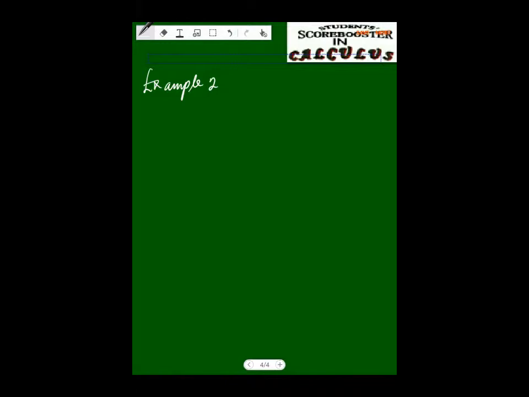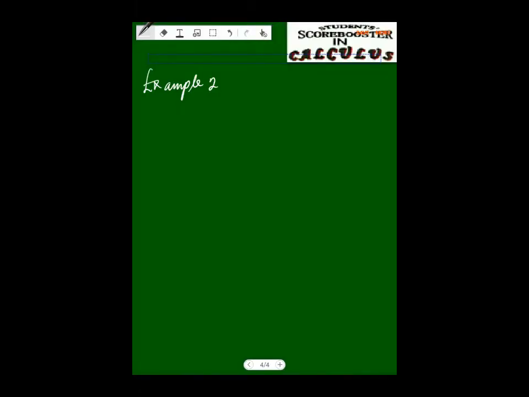Example 2 is still going to be a JAMB question, and this time it's a question from year 2000, number 43. UME 2000. So the question is find